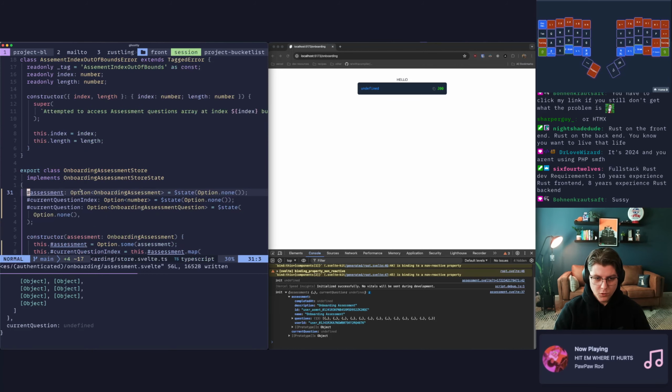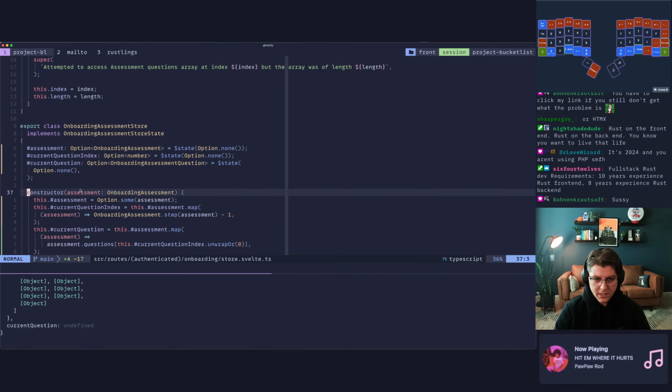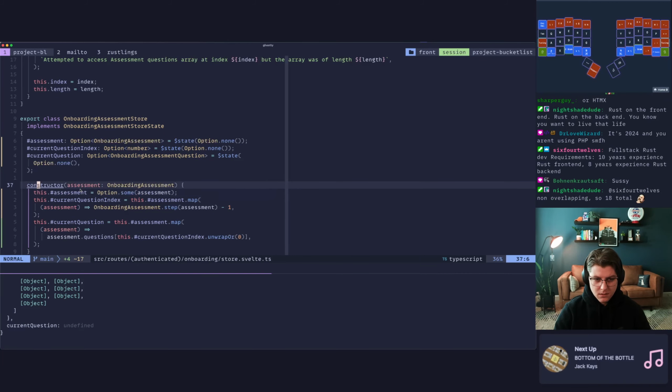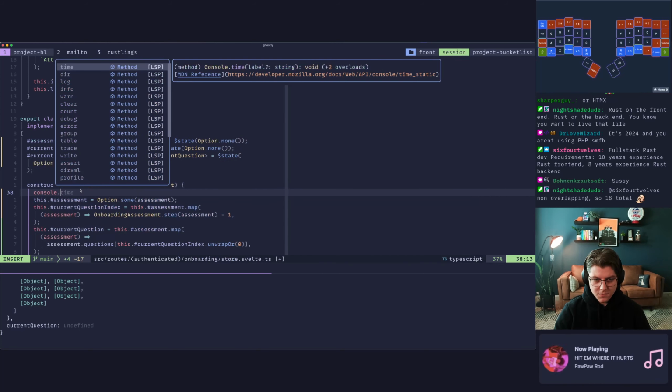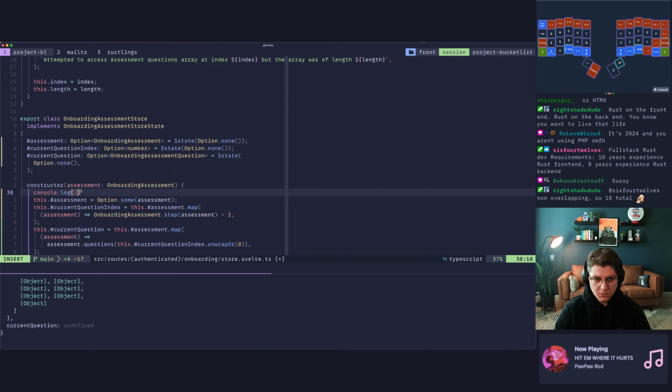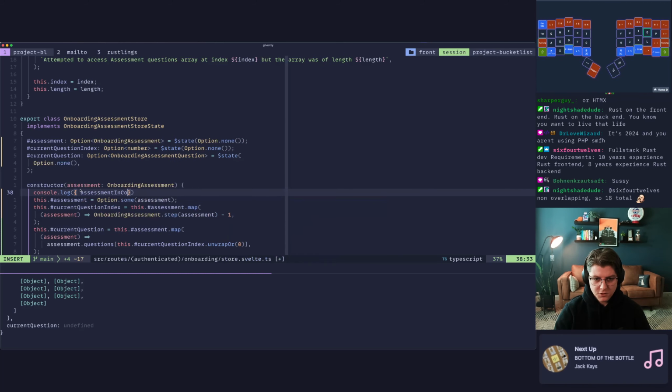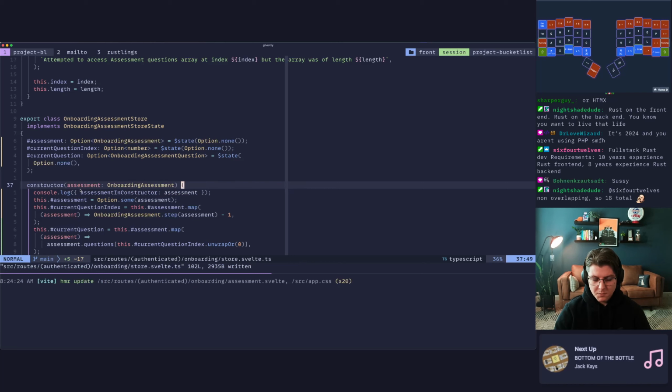When we do a new onboarding store, we get our assessment. So the real question is, I want to do a console.log, and we're going to do assessment in constructor. I bet we're rendering this before we have data, but it's server rendered.